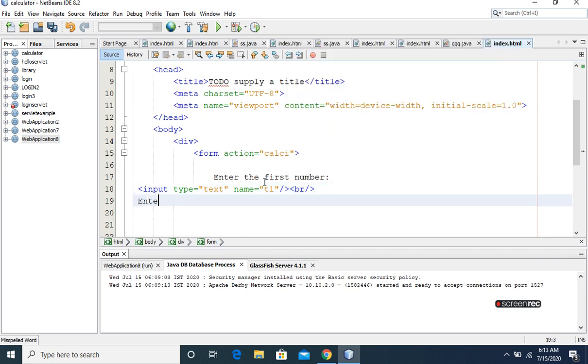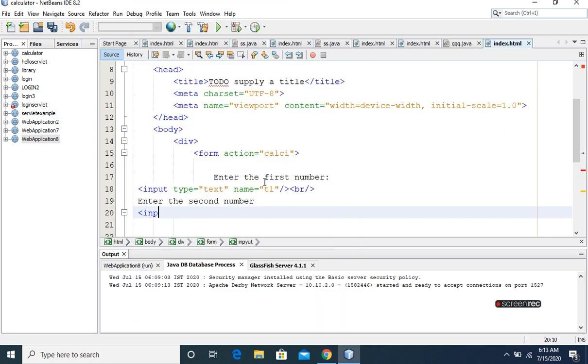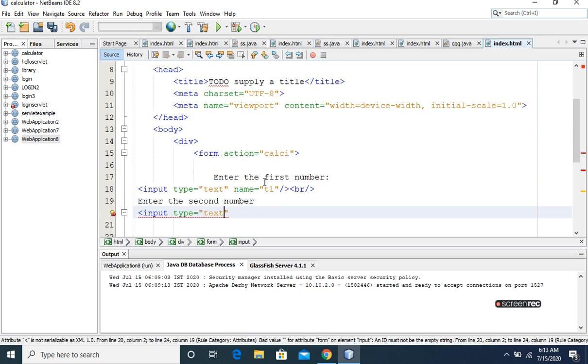We will take the second number. Input type is equals to text, name is equals to t2.